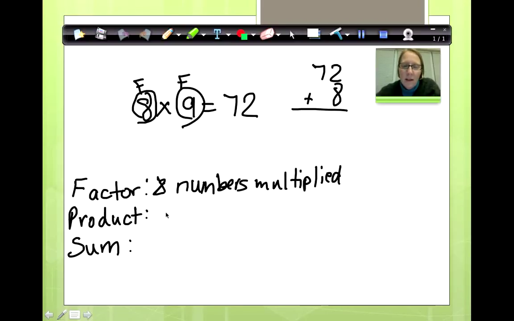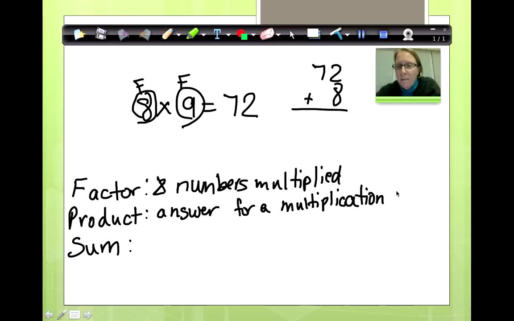Now what's our product? The product is a fancy way of saying an answer for a multiplication problem. So, which one is my product? Which one's the answer? This is the answer. I'm putting a box around this, and it gets P. This is our product. Sum is a fancy word for saying an answer for an